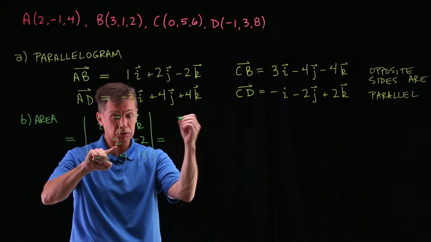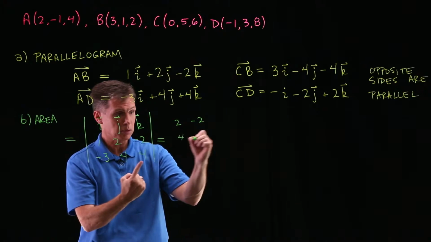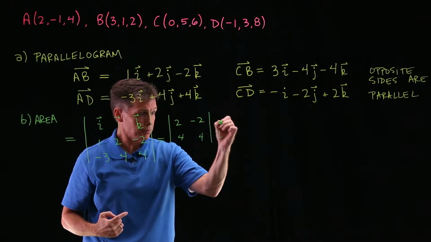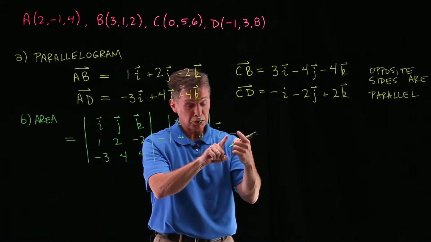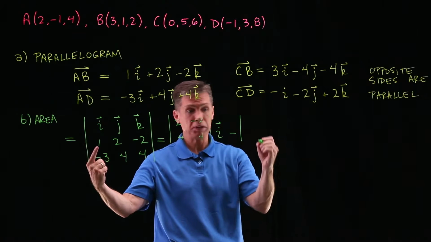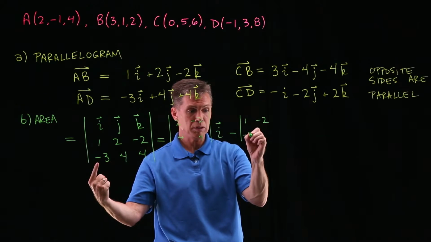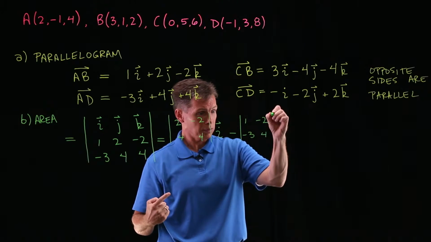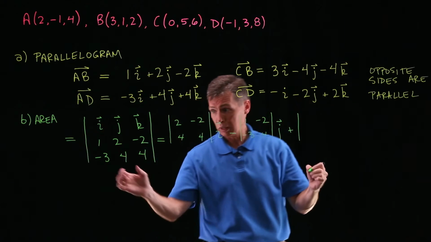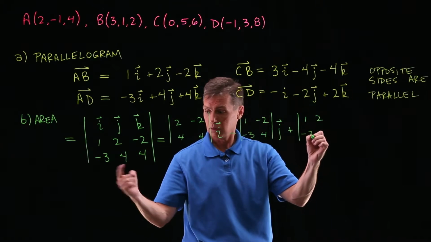My little mini submatrix will be 2, minus 2, 4, 4 times the I vector. Part of your cofactor expansion, you always have that minus sign in front of your next component, the J component, and the submatrix here will be 1, minus 2, minus 3, 4, J vector, plus, and then my next submatrix will be 1, 2, minus 3, 4,